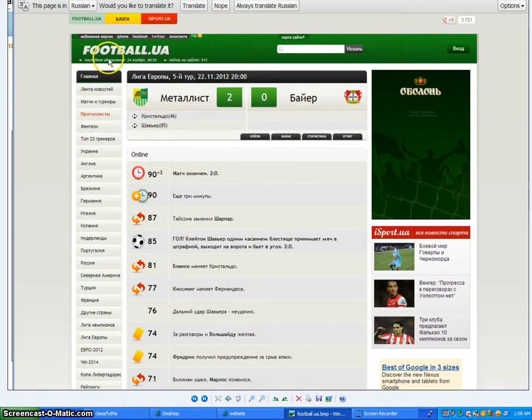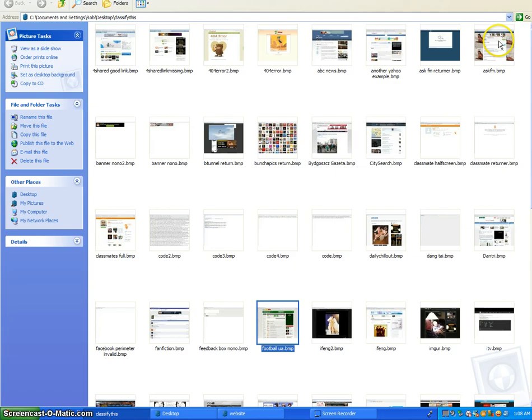Here's another one of them football UA things. I classify this as a yes, and when I name it, I do not put the dot. I put football space UA. You do not want to write down something that looks like the URLs, because I believe they will get returned. They do not want the URLs. They want the name of the page. I cannot stress that enough.